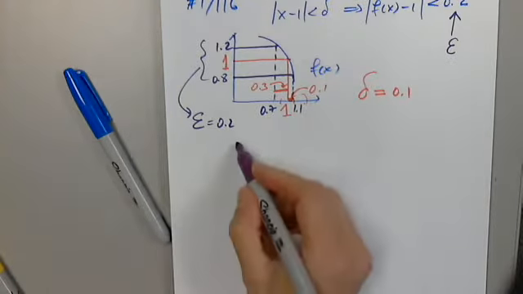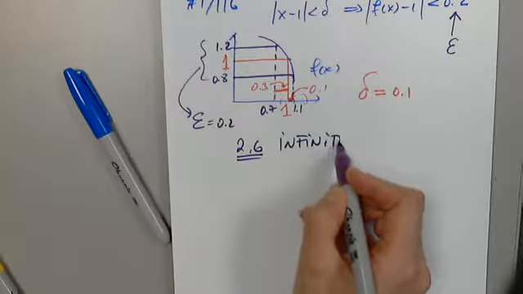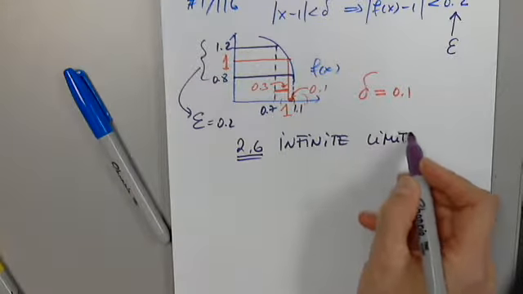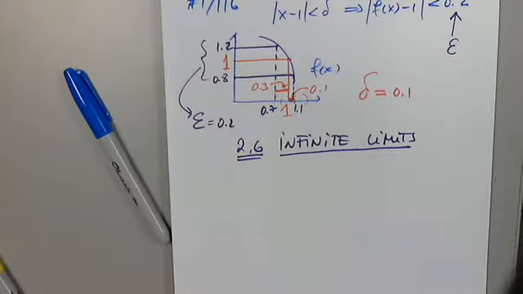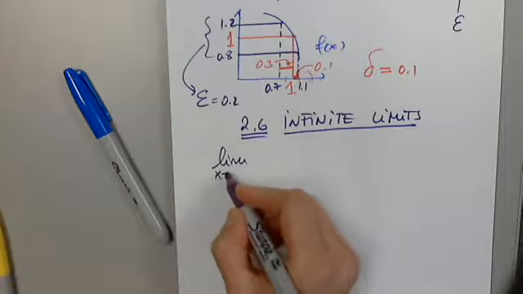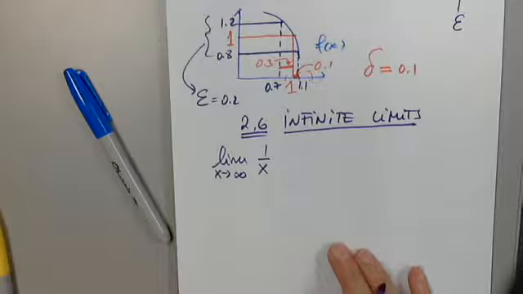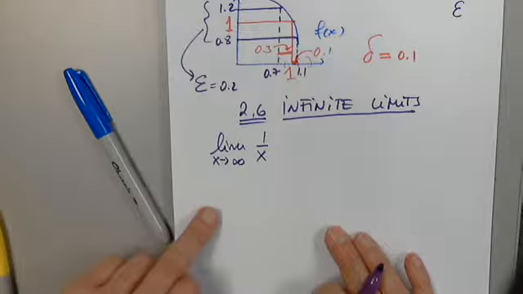Okay, well, let's look at 2.6 then. Infinite limits. In other words, when we're trying to find the limit when x approaches infinity. Okay, so let's look at the first simple situation. If you remember the graph of 1 over x,